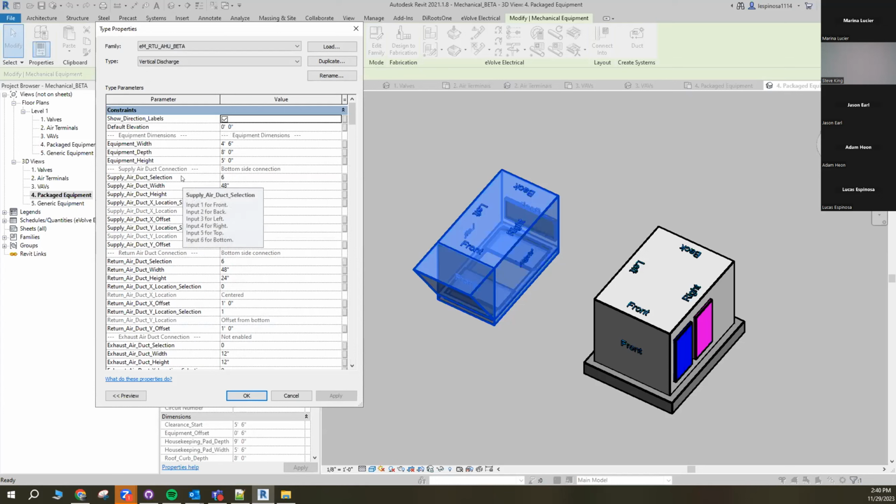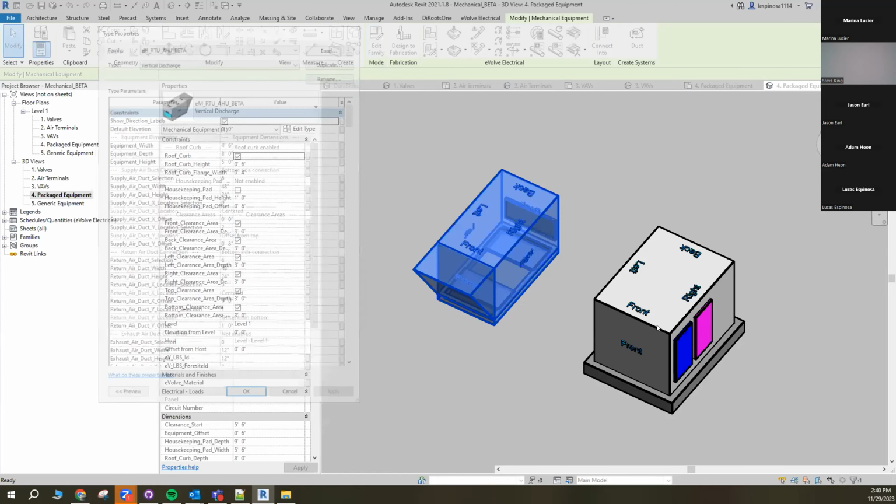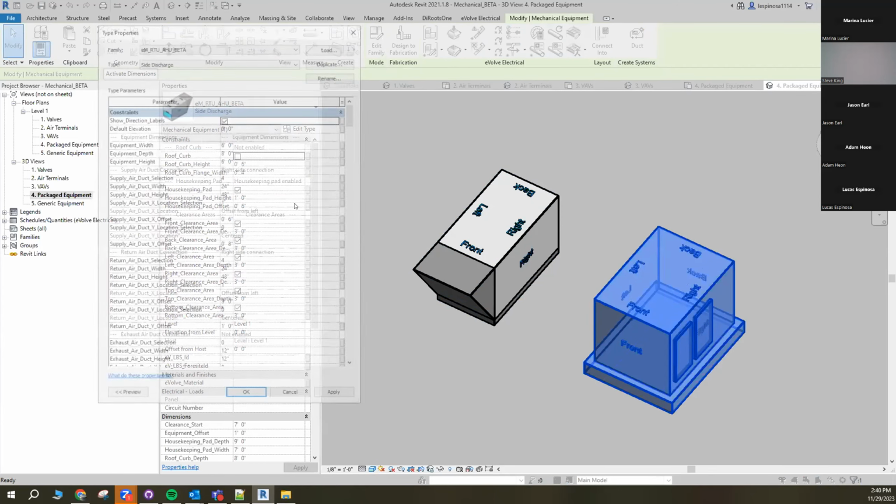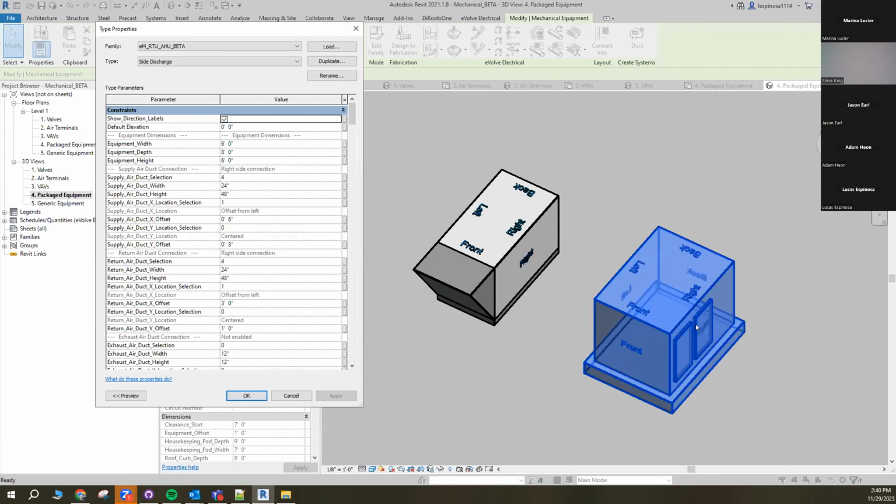Basically, the idea here is that you input a number, whether that connection is going to be on the front, back, left, right, top, or bottom. When you do that, it'll automatically shift. Let's actually look at this one. If we wanted to move these connections to the front, all we would need to do is come into our supply and return connections here, hit apply, and those 2 connections will automatically move to that